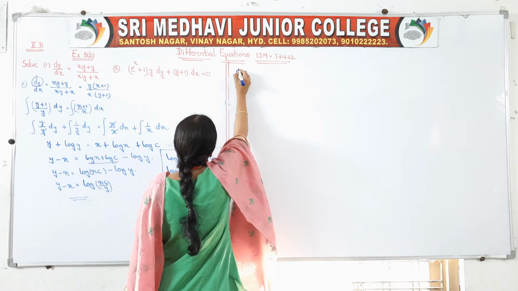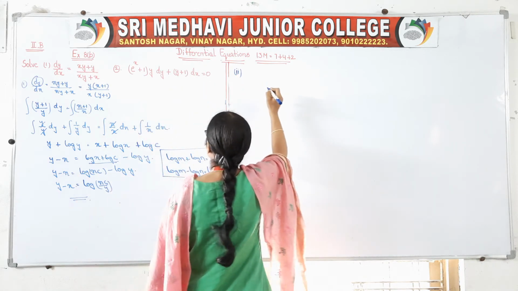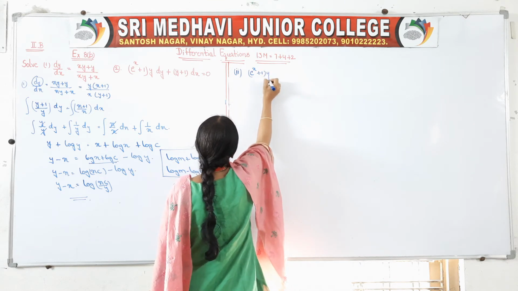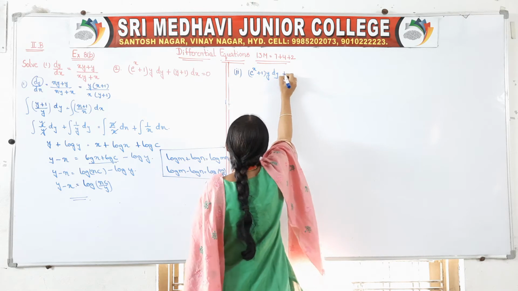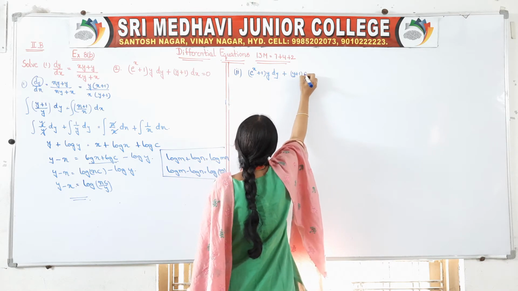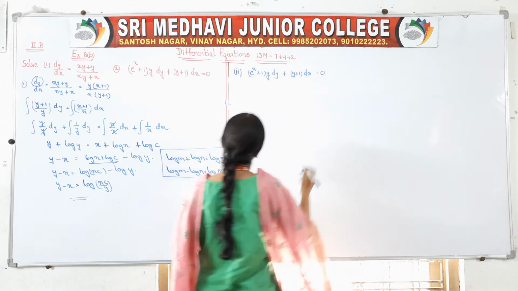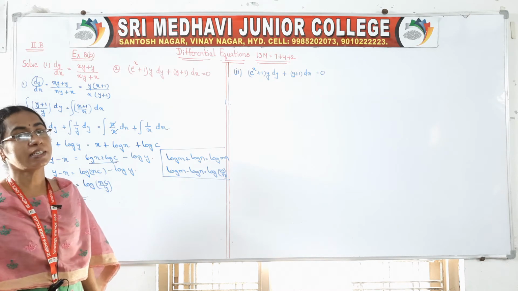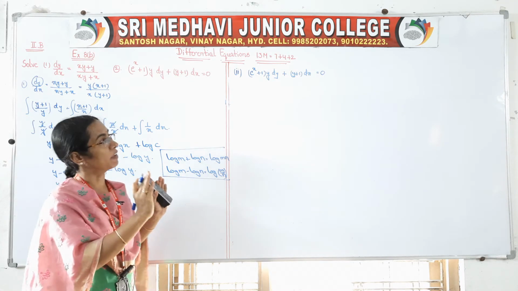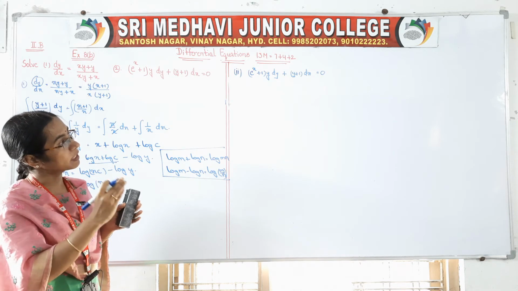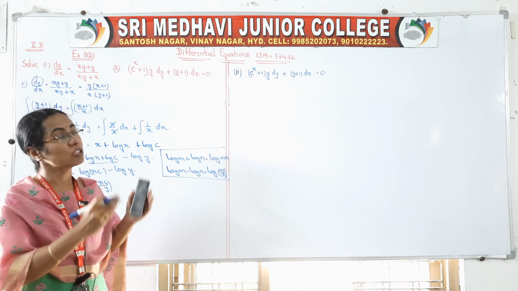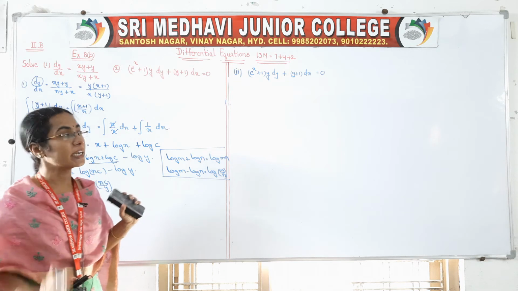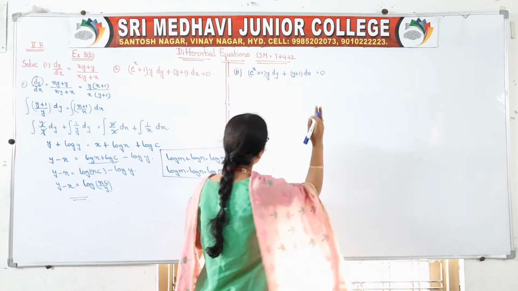Come to the second question now. What is your second question? Solve (e to the power of x plus 1) into y dy plus (y plus 1) into dx is equal to 0. So if you observe, in the first term, x term is there, y term is there, into dy is there. Generally, it should be all the y terms into dy. And if you observe the second term, y plus 1, that means y term is there, into dx is there. So we have to rearrange them, all the x terms into dx, all the y terms into dy.